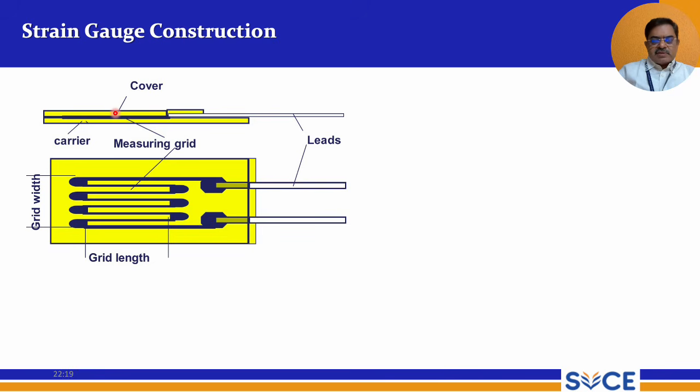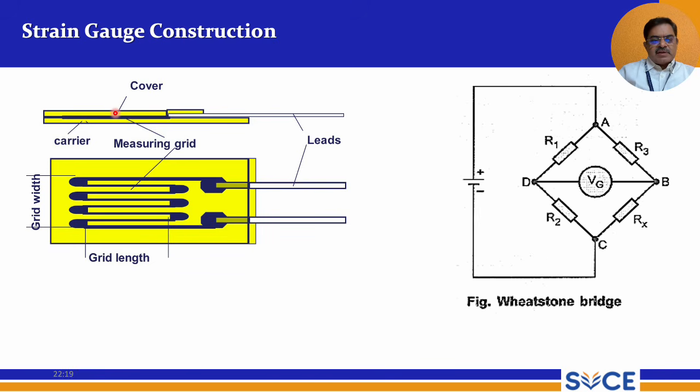And now this is the resistance material, and that resistance is measured using a Wheatstone bridge. The change in resistance is an unknown quantity here, that can be measured using a Wheatstone bridge. In a Wheatstone bridge, three resistances are known and one resistance is unknown. So when we know three resistances and the supply voltage, the change can be measured using this galvanometer